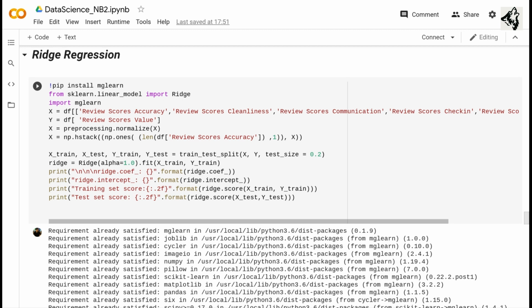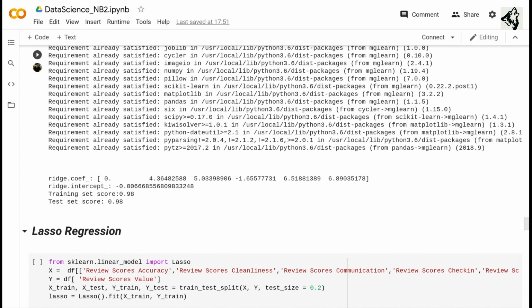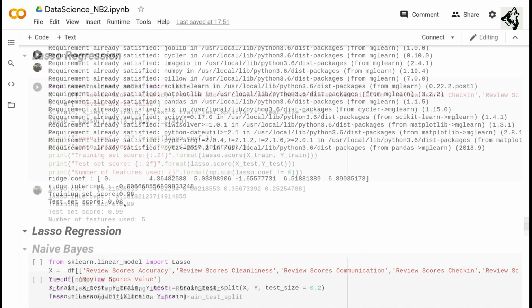We split the data into training and testing sets, and we use a sample of 20% in testing. The default alpha value in this is 1. After running the code, we get the output score of the training and testing as 0.98.